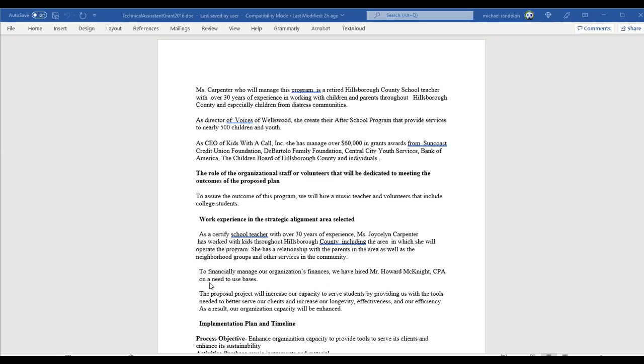No, you want to say, to financially manage our organization, we have purchased the software QuickBooks. A software. Gotcha. Okay, that's just like a CPA. Right. So that's how you would put it in your section on how to financially manage the organization. You would put in the software that you purchased. Now,